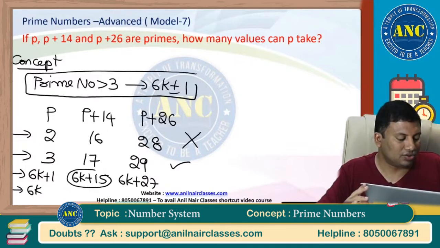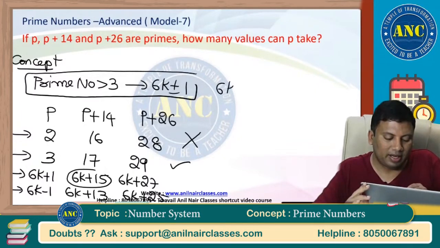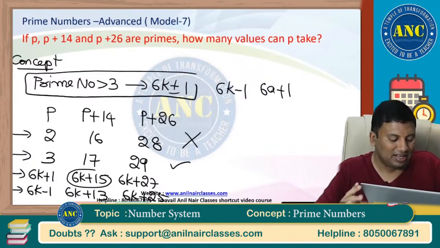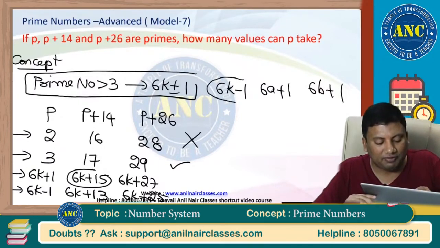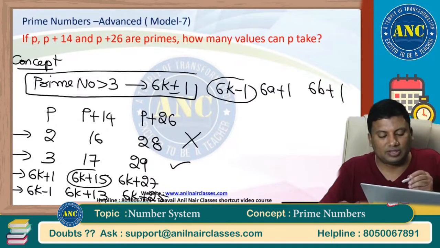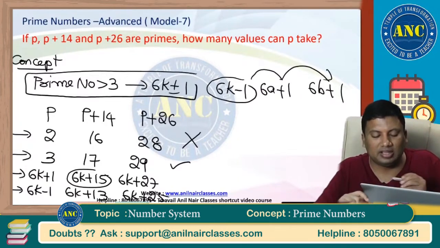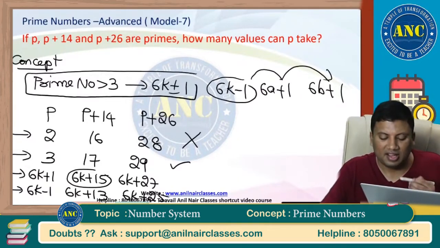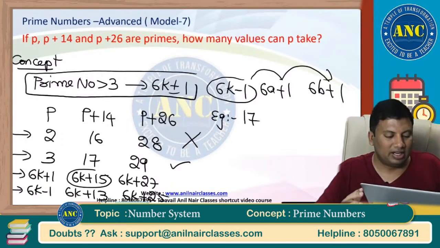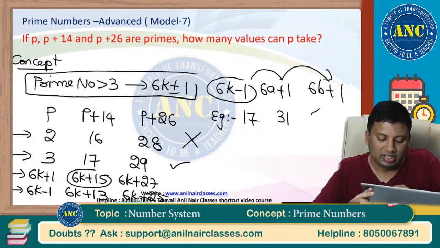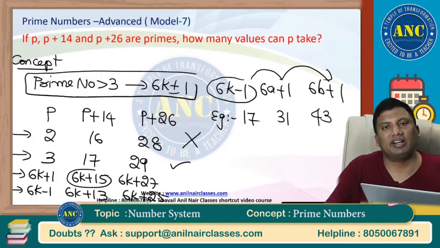6k minus 1, 6k plus 13 and 6k plus 25. So 6k minus 1, if I take k plus 2 common, this is 6a plus 1. If I take k plus 4 common, it is 6b plus 1. There are a few prime numbers of the form 6k minus 1 which give the other two numbers as prime numbers. For example, 17, which is 6 into 3 minus 1, 17 plus 14, 17 plus 26, that is 17, 31,